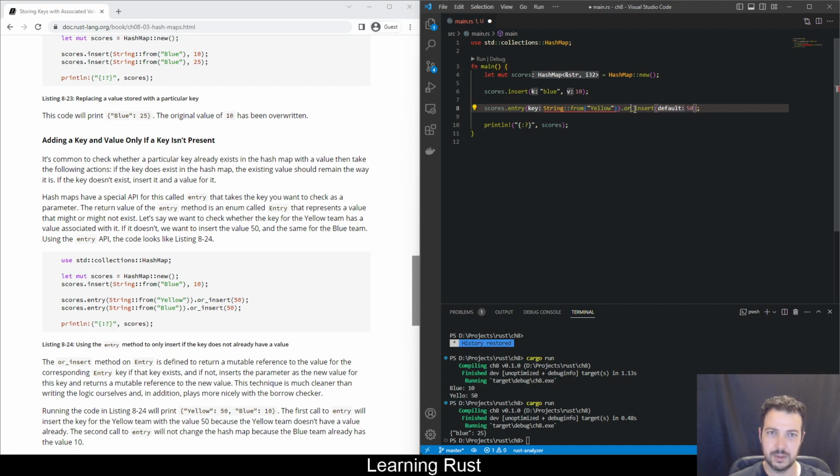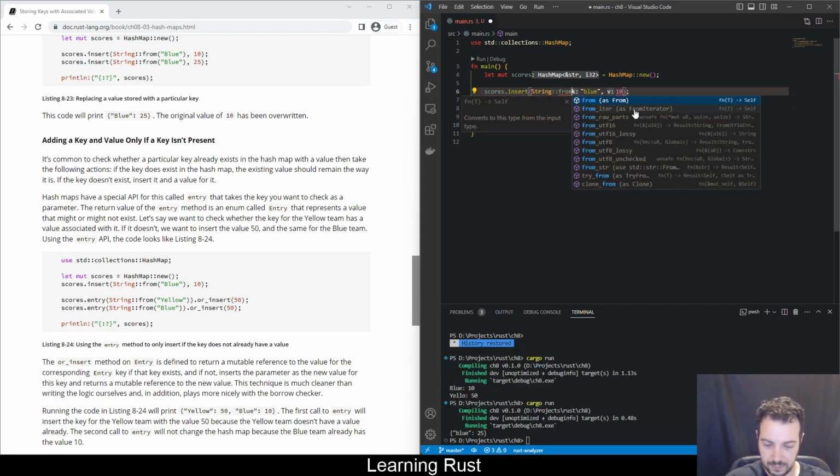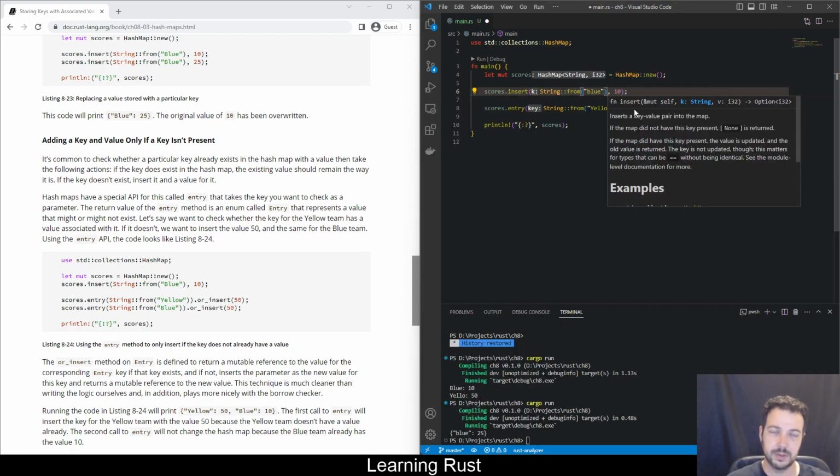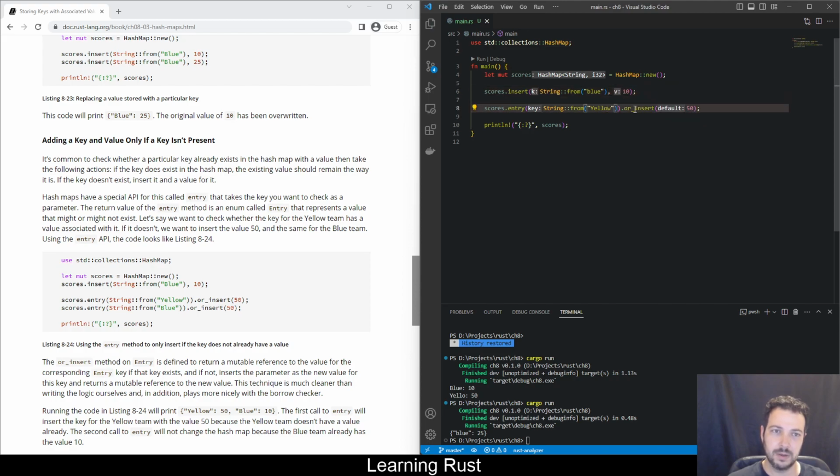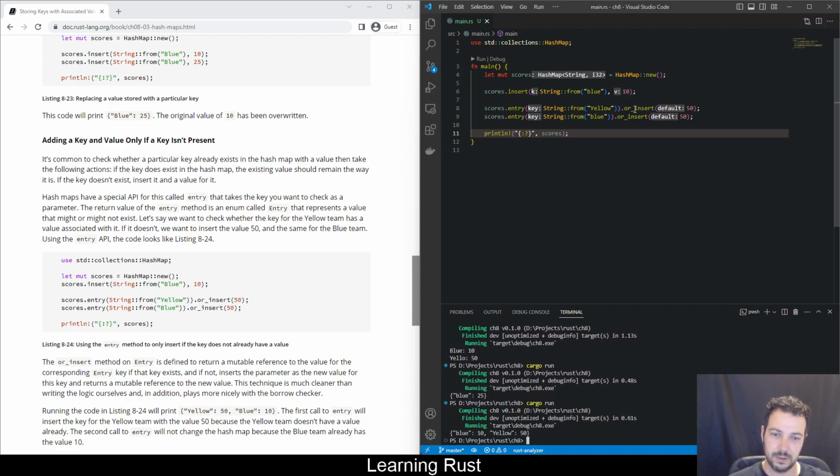Right, something is wrong here. Because I need to do String::from("Blue") here. Great. So now I have this insert, and if I want to insert a blue here, okay, so now I'll have 50 and 10. Yeah, this is what I'm expecting to have. Blue is still 10 and yellow is 50, because here the entry is empty, so I can insert it, and here the entry has something, so or_insert